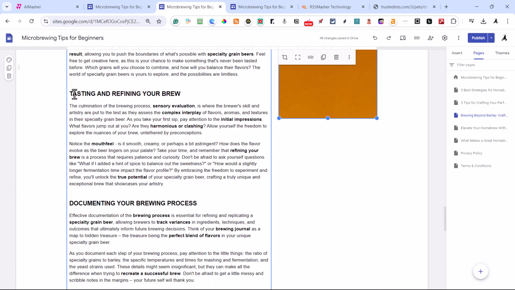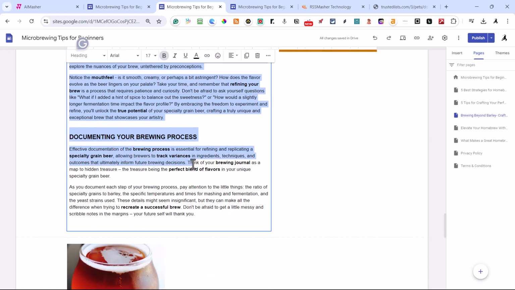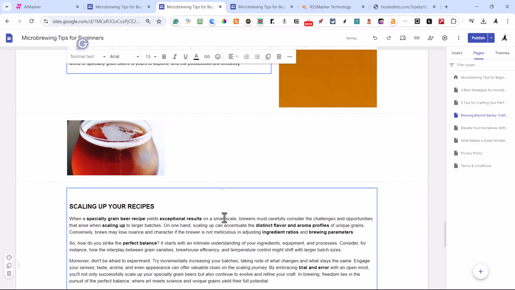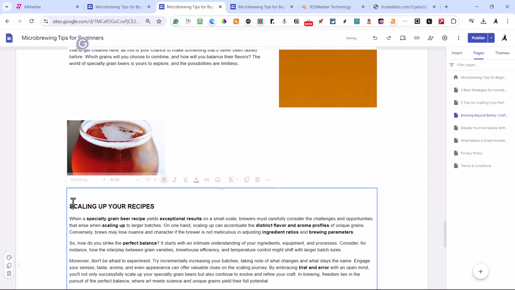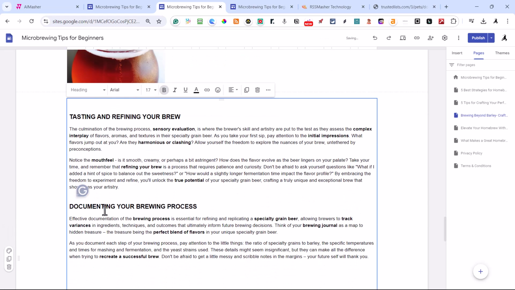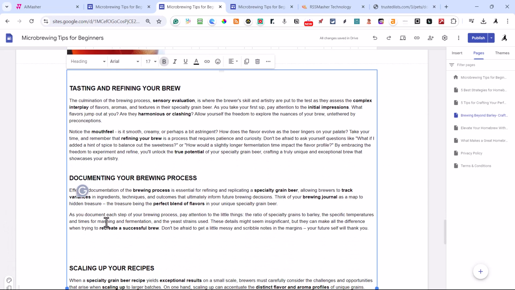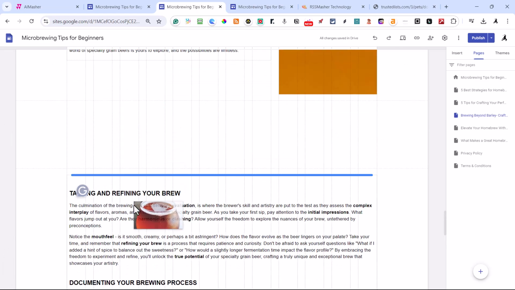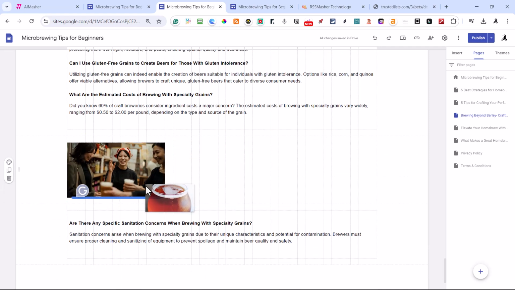Okay, and I'm gonna cut this last section here. And put it right above that. There we go. And this one, I'm just going to pull this image down here, maybe.